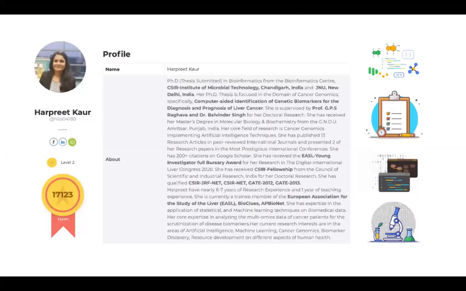Thank you, Dr. Mohit, we have a question here on the chat. So I see a question from Duvani. What are the future aspects of bioinformatics? So Duvani, the future aspects of bioinformatics are